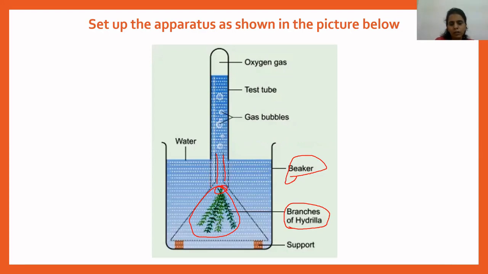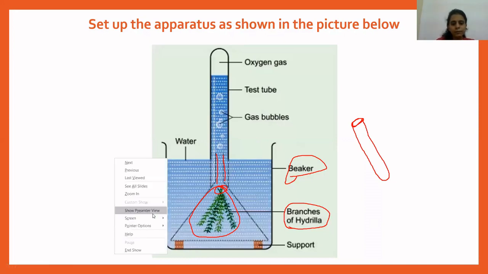Later on, take a test tube full of water. Make sure that you fill the test tube with water till the brim. Now, what is the meaning of brim? For example, this is your test tube. This top part of the test tube is known as the brim of the test tube. So you have to fill water in the test tube till the brim. After filling the test tube with water till the brim, you have to invert the test tube on the stem of the funnel, completely filled with water. Now, what will happen?